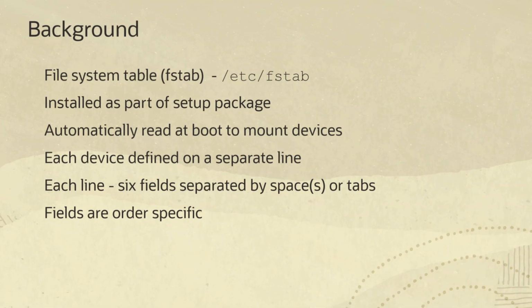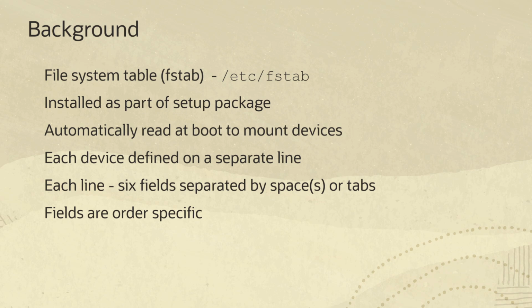The fstab file, also known as the file systems table file, is a system-level configuration file located within the Linux file hierarchy at /etc/fstab. Provided during installation by the setup package on Oracle Linux, the file contains the configuration options for all boot time disk partitions, file systems, and data sources. During the OS boot routine, each line in the file gets read by the mount command and determines the overall